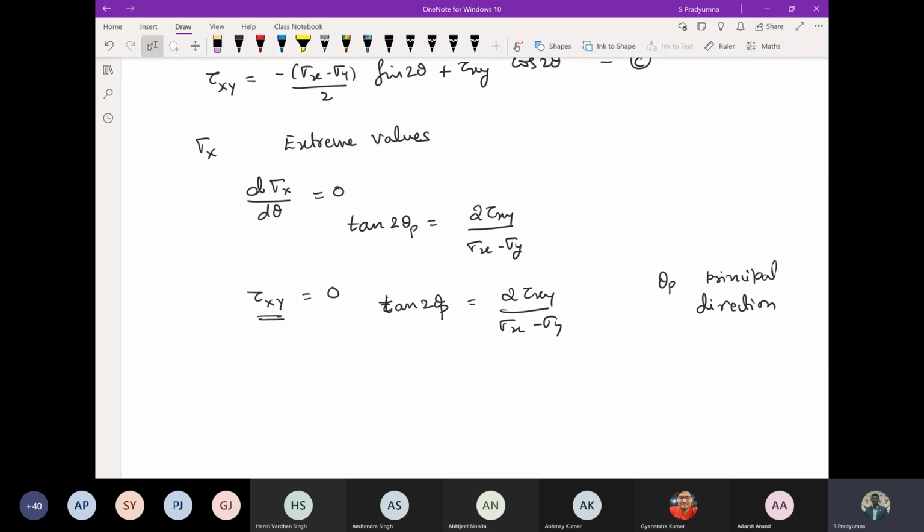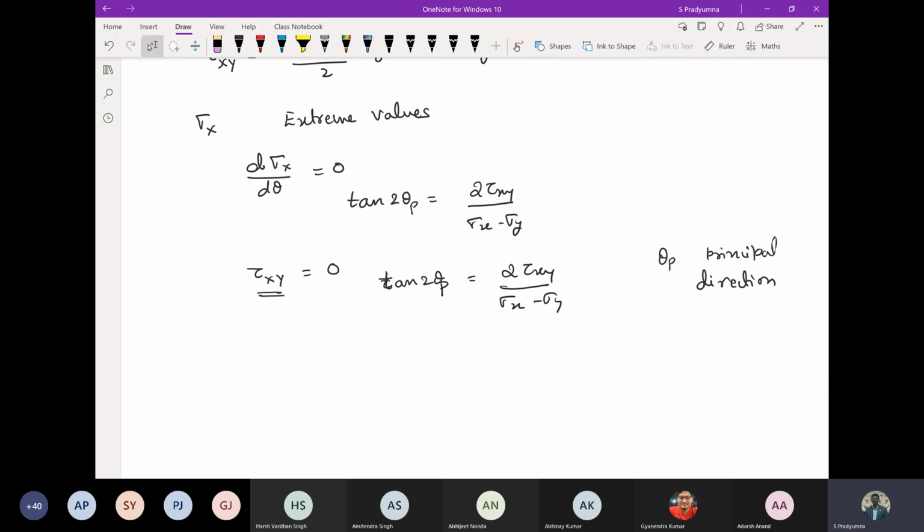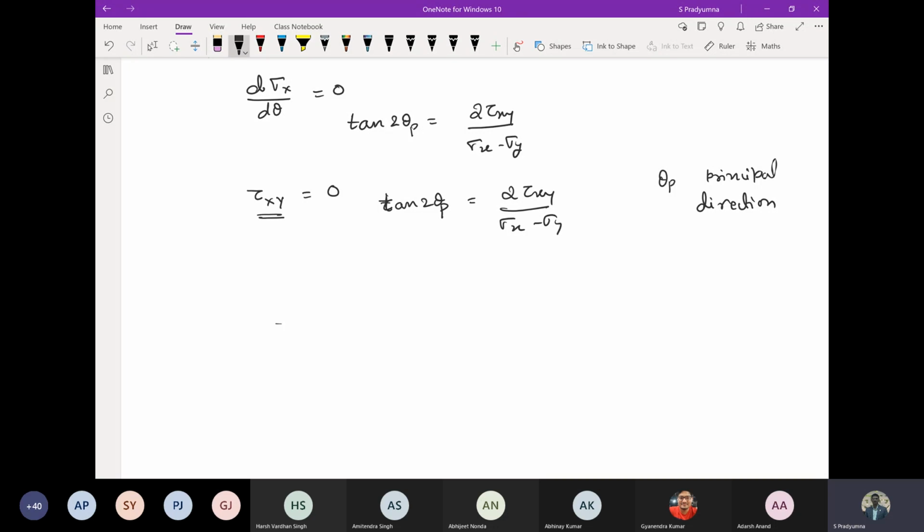So that means whenever we have a plane with no shear stress, the normal stress on that particular plane is what we call the extreme values of the normal stress. It can be maximum or minimum in the plane stress problem. So this is a very important step in the determination of the principal stresses. Therefore we have tan 2 theta p is equal to 2 tau xy by sigma x minus sigma y. I can also write cos 2 theta and sin 2 theta from this. So if I take a triangle like this